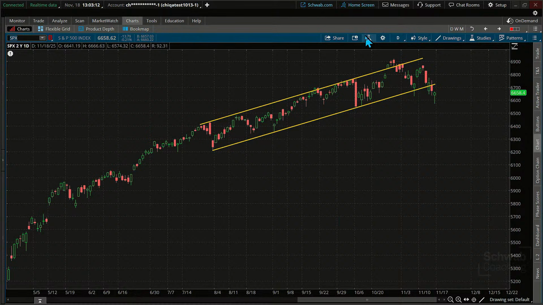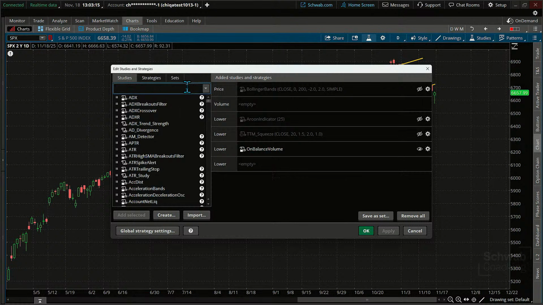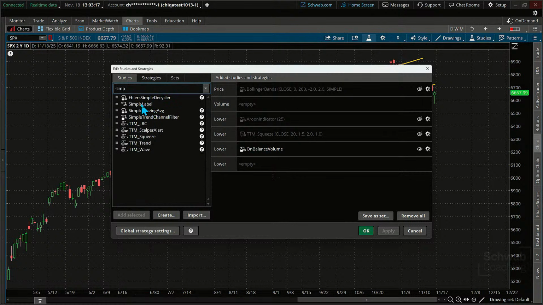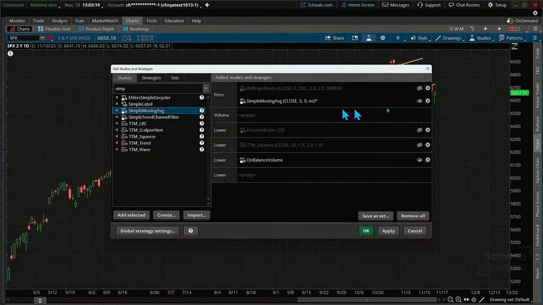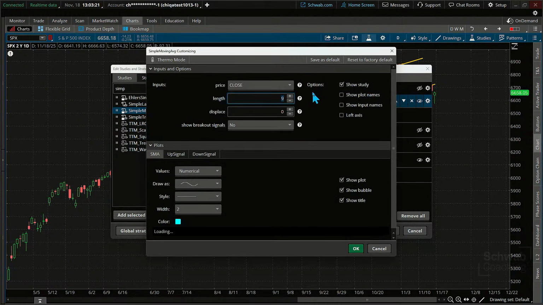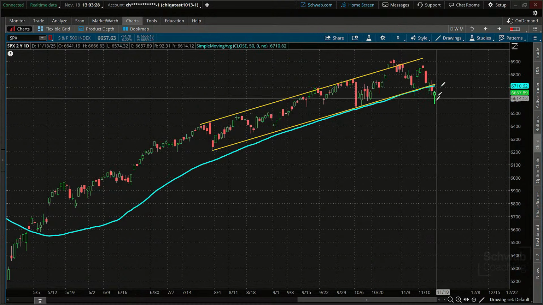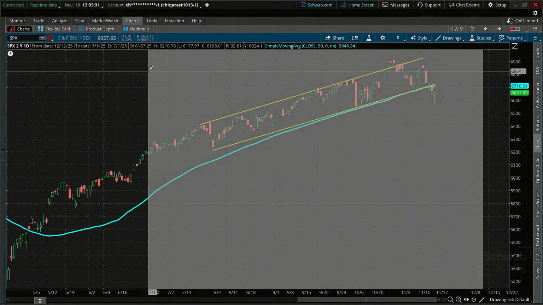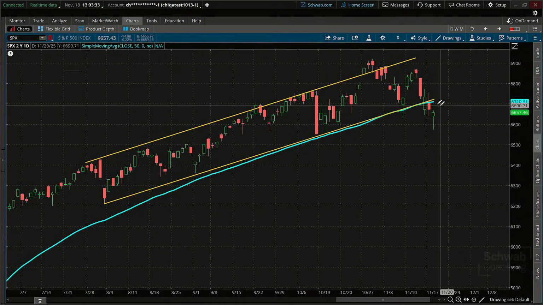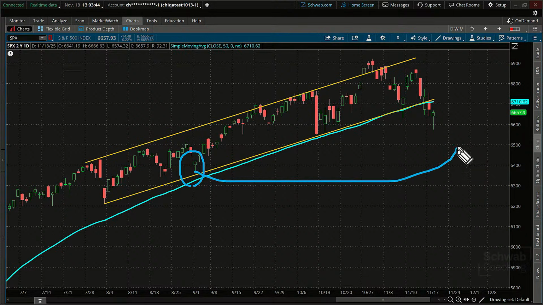One of them, just to do a quick review on the market: we had gone below the simple moving average of the 50, which oftentimes can correlate to these extended market moves that go on over a longer period of time. It was right at the bottom of this longer term trend line. We did dip below it yesterday. Now, I can't tell you how many times I've seen a longer term trend do something like this, but then they'll have this candle reversal. There's one right there, and lo and behold, we've got another one over here.